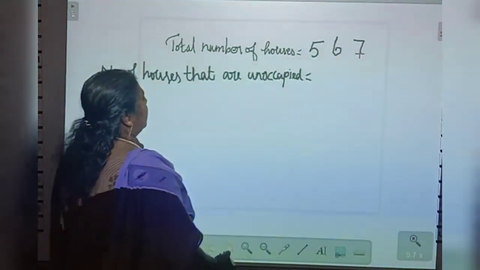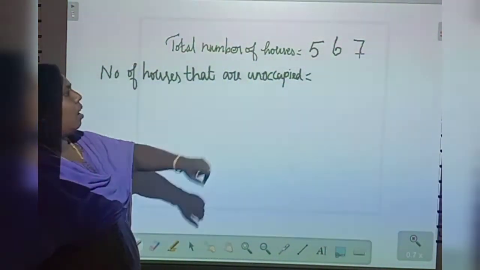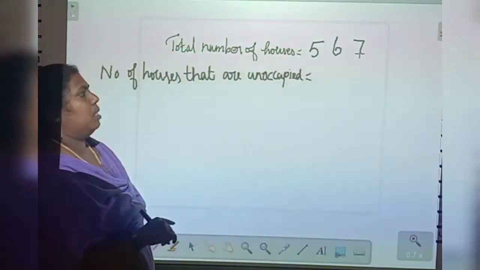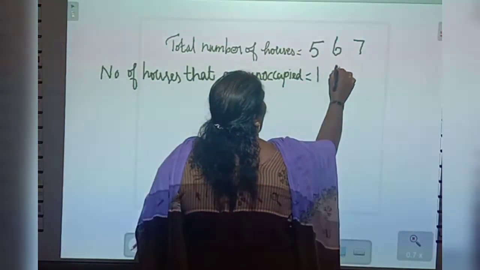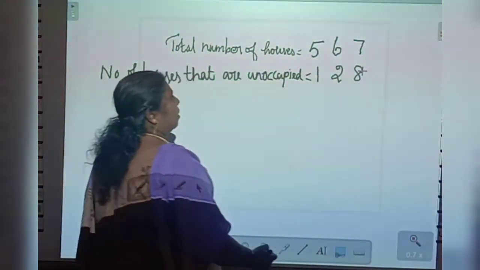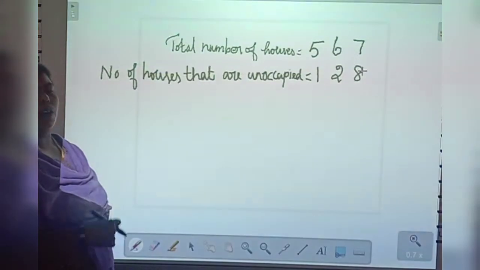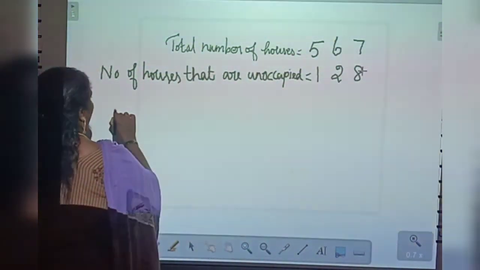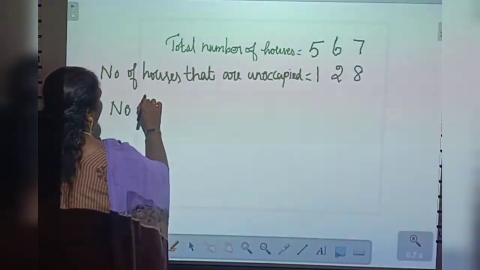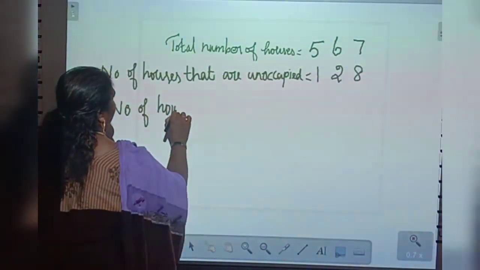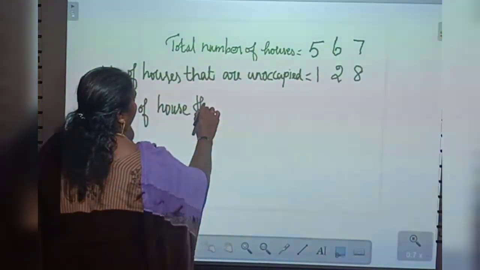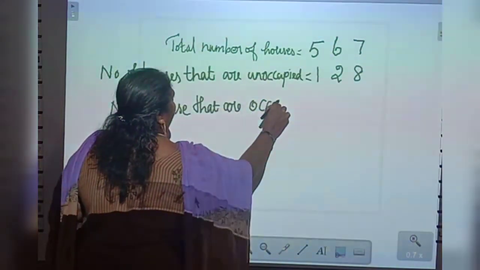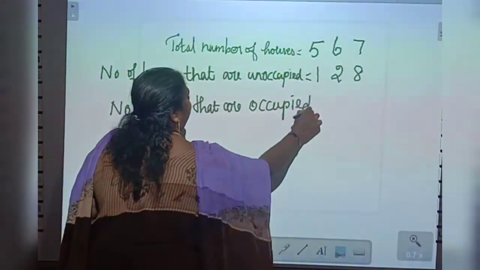567. Next, number of houses that are unoccupied. Now, unoccupied, how many houses? 128. Yes, 128. Now, what do we want to know? We want to know how many houses are occupied, right? Yes. The answer: number of houses that are occupied equal to